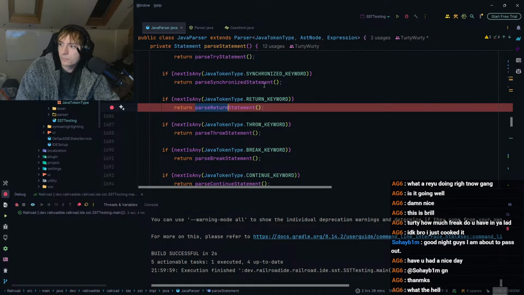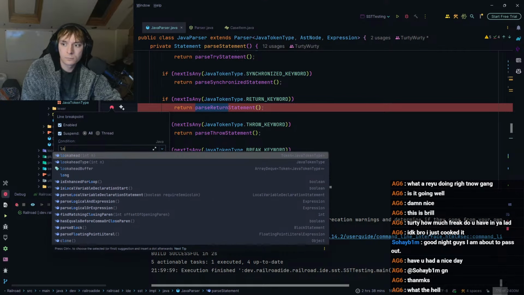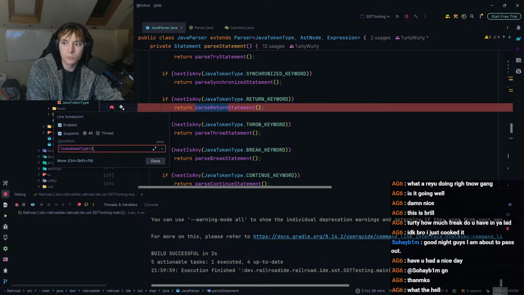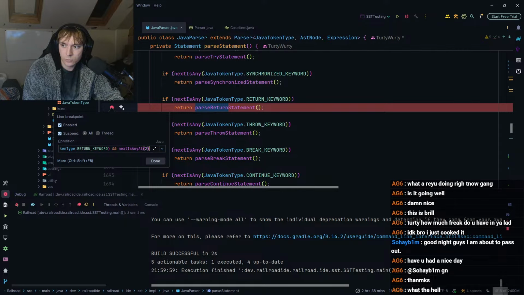So here, it should look like look ahead type 1, or next is any return, and next is any at 2 new, and next is any at 3 identifier.